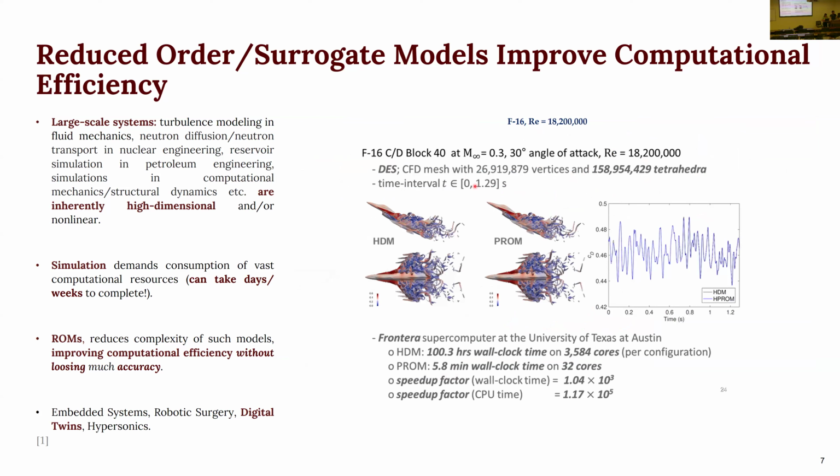At each vertex, we solve for at least 3 velocities, 1 pressure and temperature. So there are 5 quantities per vertex, which leads to approximately 0.1 billion equations. And this high-dimensional model requires approximately 100.3 hours wall clock time on